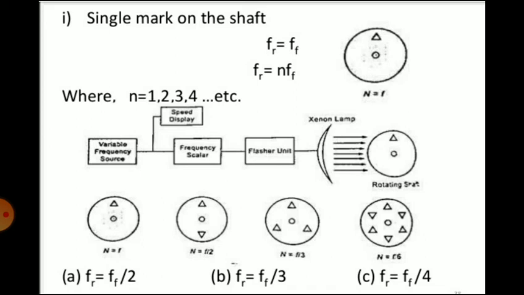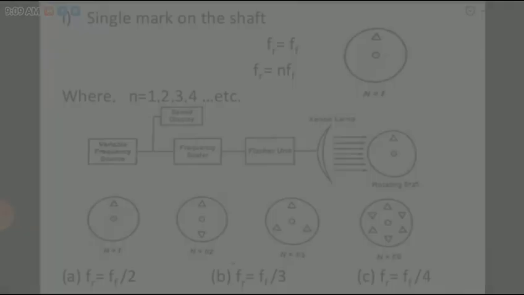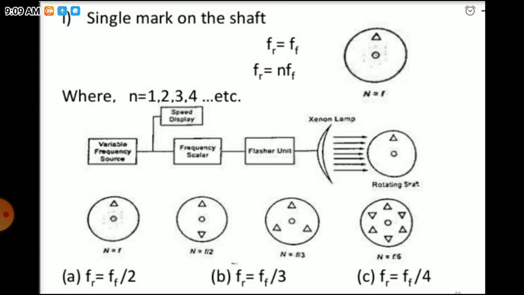Now it is clear that, in order to avoid mistakes in measurements, it is safest to work with a single mark and to find the highest flashing frequency at which the true image is seen. As a check that the correct value of speed n has been found, the frequency may be doubled, which would produce a double image.